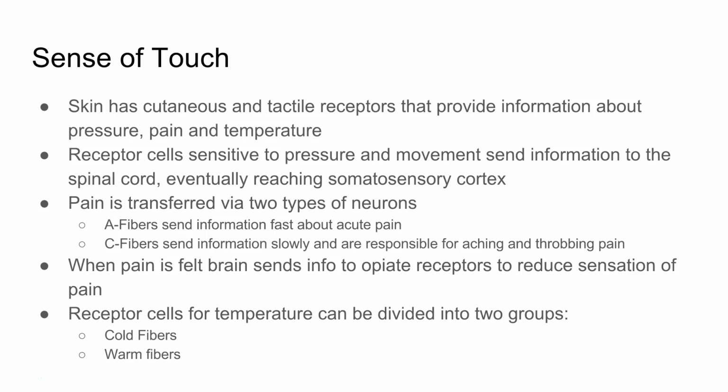And so those two different types of pain are felt, and the information is processed, through 2 different types of fibers. When that information goes to the brain that says, hey, there's pain, the brain shoots information down to the opiate receptors, and those opiates release chemicals that help to reduce the sensation of pain. The goal of the body is to remove itself from pain, and so that's its temporary stopgap measure to reduce the sensation of pain. So pain is experienced through multiple different ways,